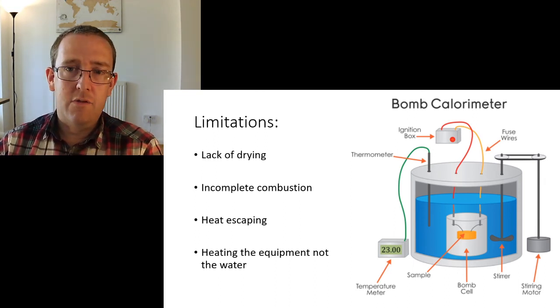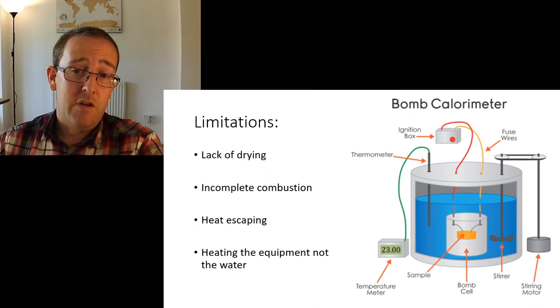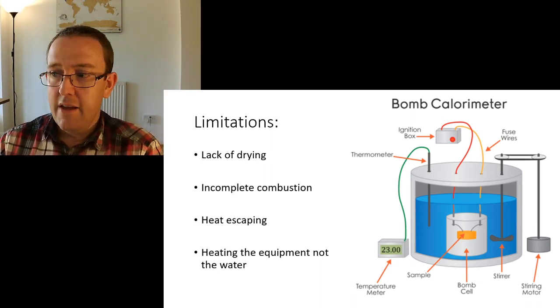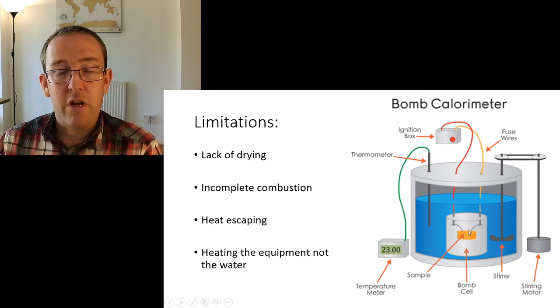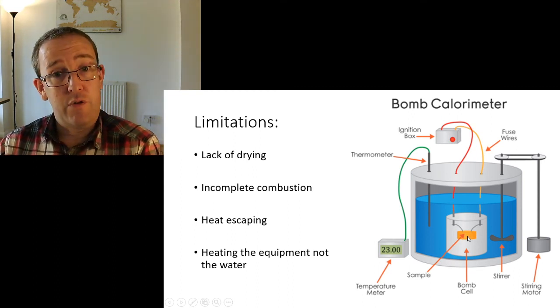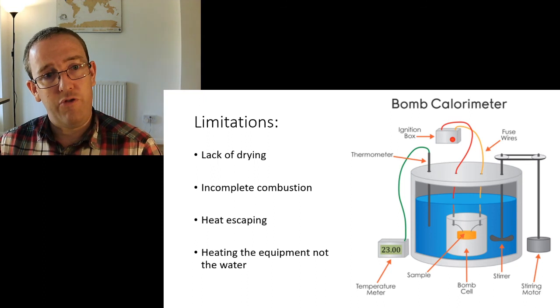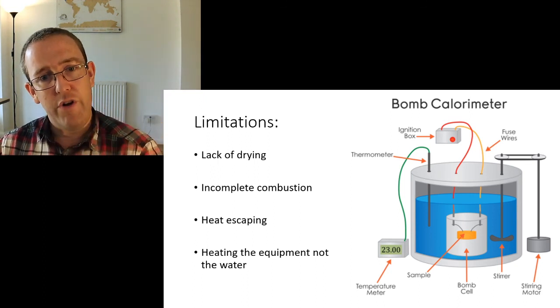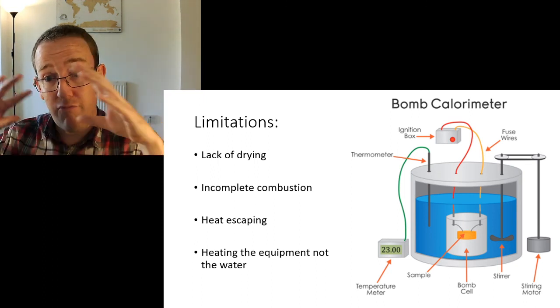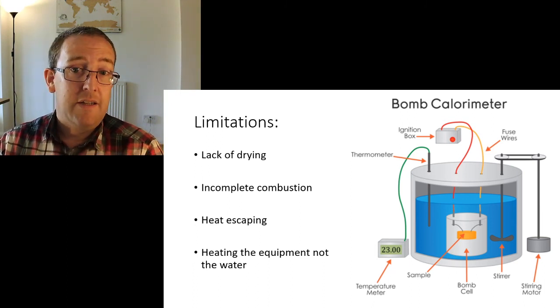Now this here is called a bomb calorimeter. It's the best thing we've got, the most accurate thing we've got. So your sample goes in the middle there, in the yellow bit, in the little sample cage, and that is usually charged with a lot of oxygen. The reason for that is to try and reduce incomplete combustion. So it's called a bomb calorimeter. Charge it up with oxygen so the reaction's really fast, really explosive. Okay, and this chamber is completely surrounded by the water, which minimises the escape.